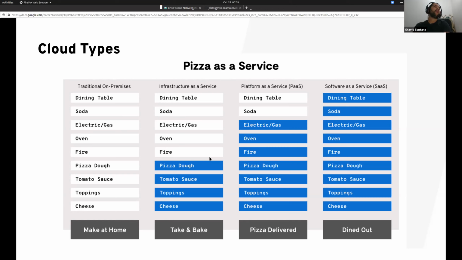Because when you talk about software architecture, everything is a trade-off. You have the option to make it at home, yeah, that's cheaper than any kind of solution. However, I have a couple of risks with this kind of decision. As I move to the right side, I'm going to decrease the complexity and decrease the risk because I put in more abstraction.